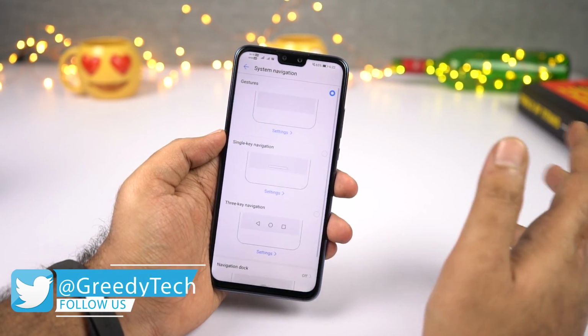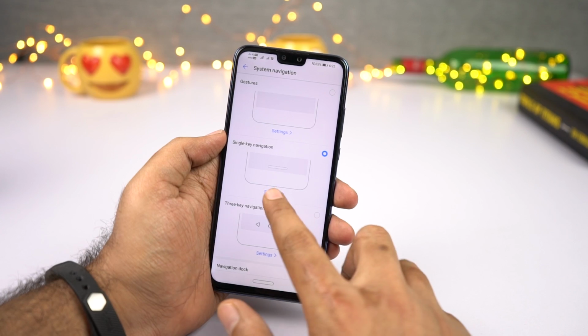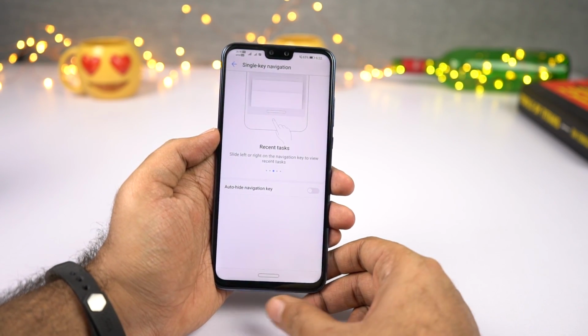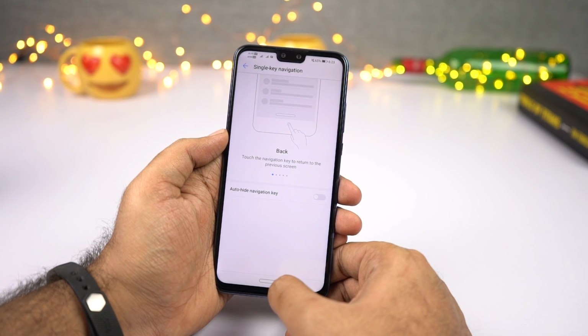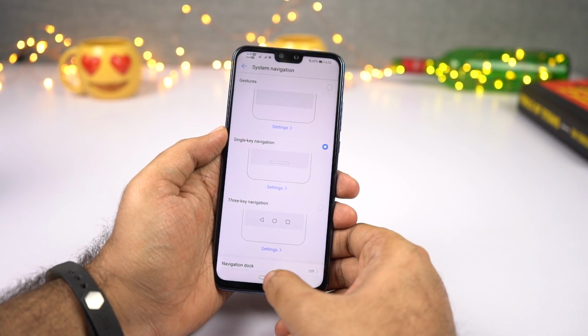and if you want something new, you can once again select system navigation and select single key navigation. Now this feature is probably Huawei's very own idea, and these are the gestures. So this is the navigation bar and you just have one single button. If you touch this button, it takes back a step. It's just like pressing the back button once,